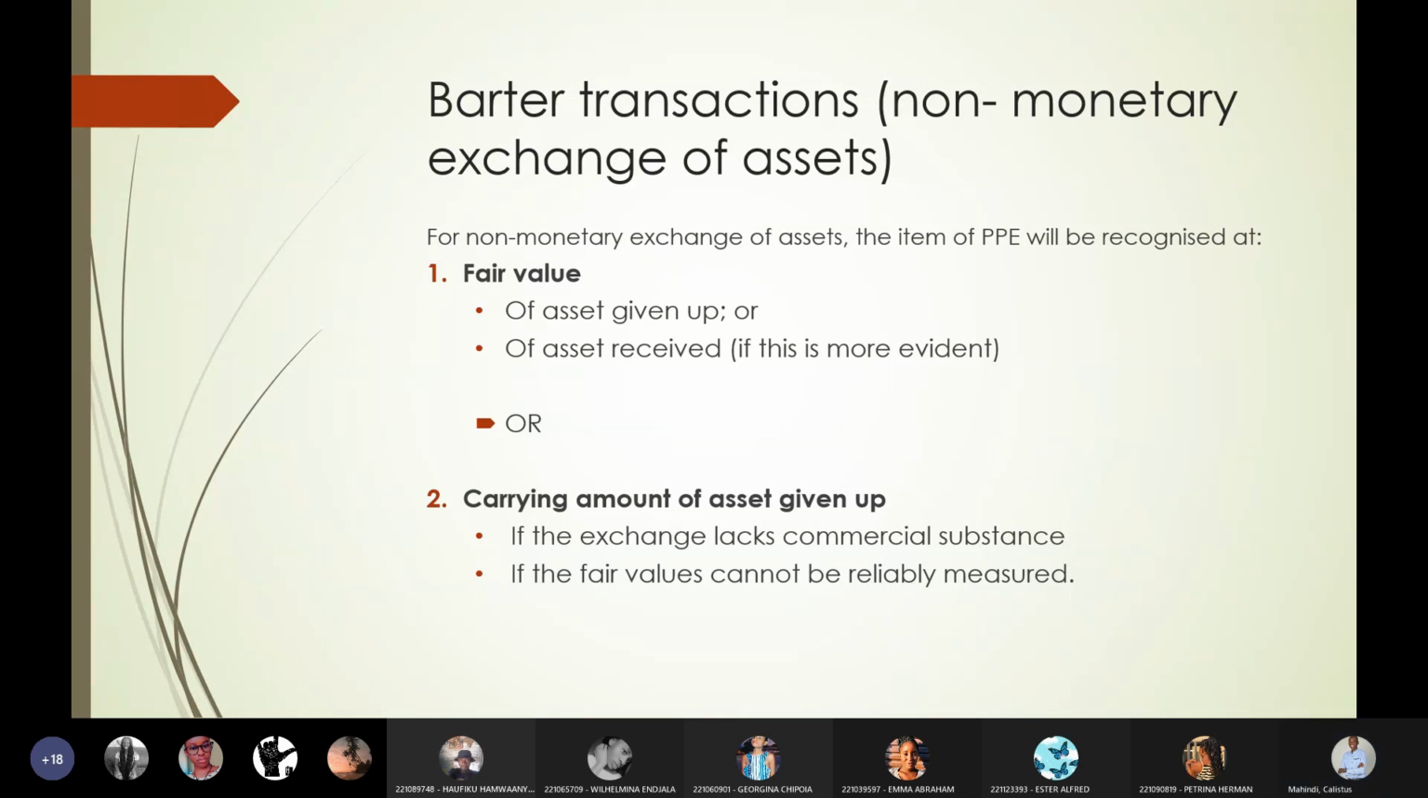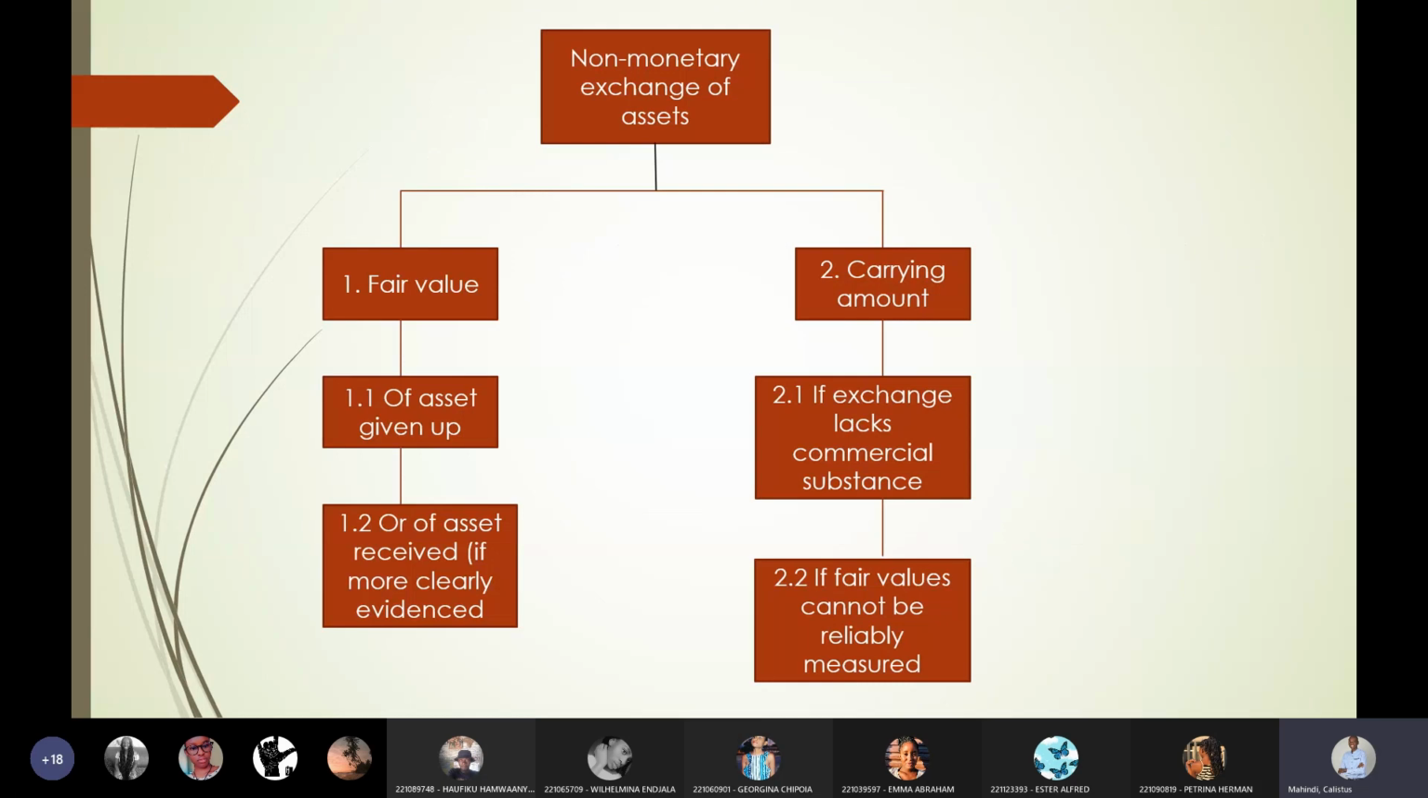Alternatively, you can record the value of the asset received at the carrying amount of the asset that is given up. And this happens in two instances: if the transaction lacks commercial substance, and if the fair values of both assets cannot be reliably measured. All right, this is confusing just looking at the words as it is. I will explain what commercial substance means as we go along, but this diagram will